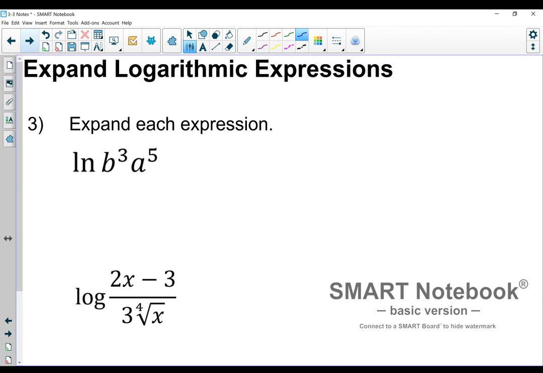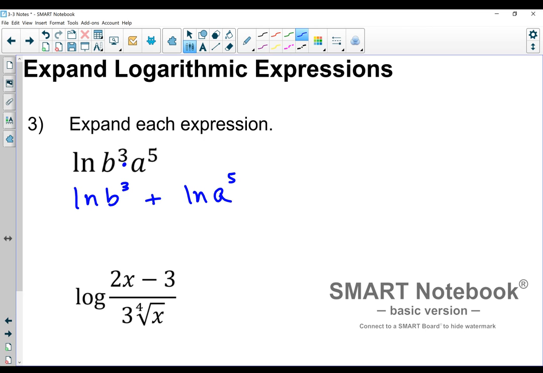For our third one, we're going to work on expanding. So now we're using these log properties to break logs apart. We want everything to be the sum and difference of logs. We shouldn't have any exponents anymore. So b cubed and a to the fifth are being multiplied. So let's do that. Natural log b to the third power plus natural log of a raised to the fifth